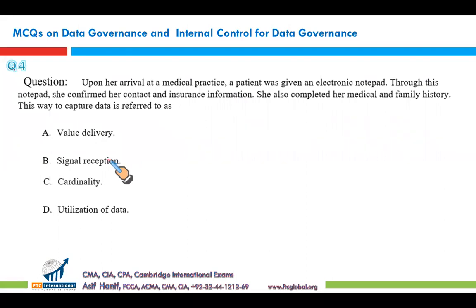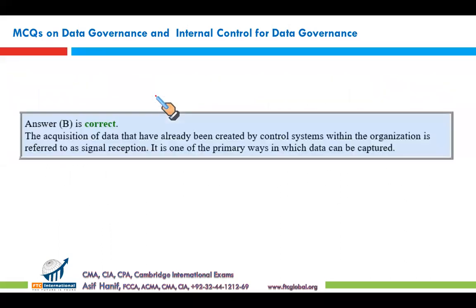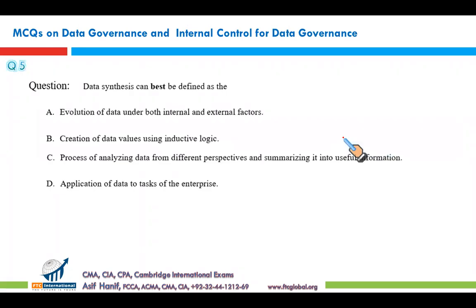It is signal reception because the data was already stored. She just had to provide her contact number and her insurance information. The previous information was already available. She also completed her medical and family history. So this way to capture the data, because some information about her was already available, is signal reception. It is the acquisition of data that have already been created by the control system, and she just had to give her insurance details and contact details. It's just the utilization of the previously recorded data. Next,